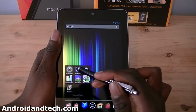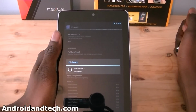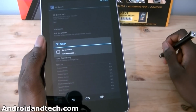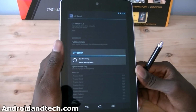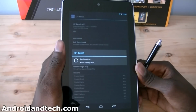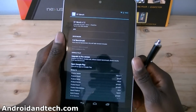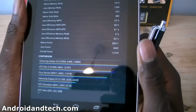So let's come out of that. Let's go into a different one. Let's go into CF Bench. We're gonna run a full benchmark and wait for this to finish. Alright, the results are finished. You can see the overall score at the bottom is